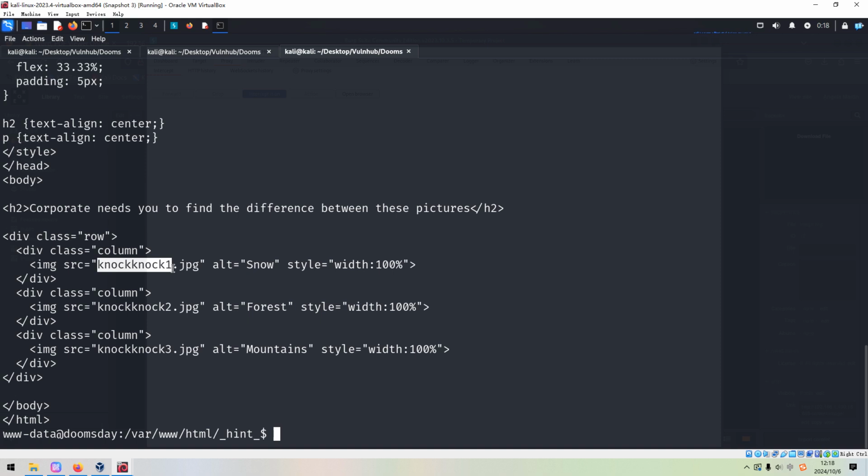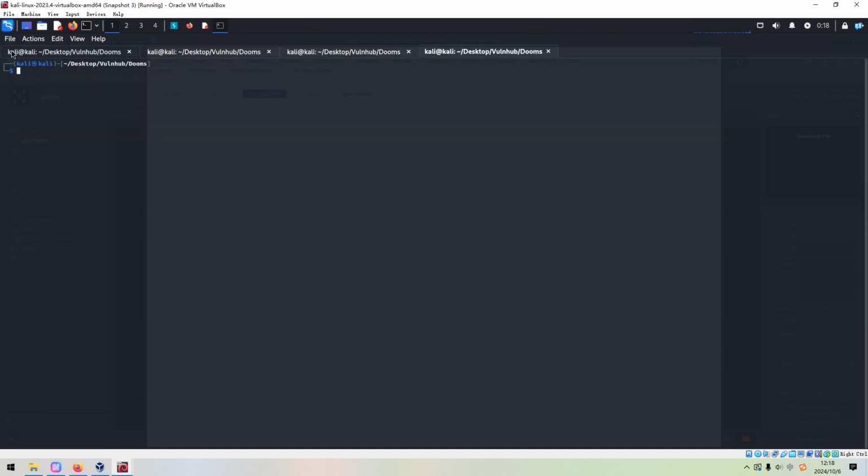And the next, we need to download all pictures to the Kali. To do that, because those pictures live within the HTML directory, we can use the browser, or alternatively we can use the wget command to download. Okay, wget.